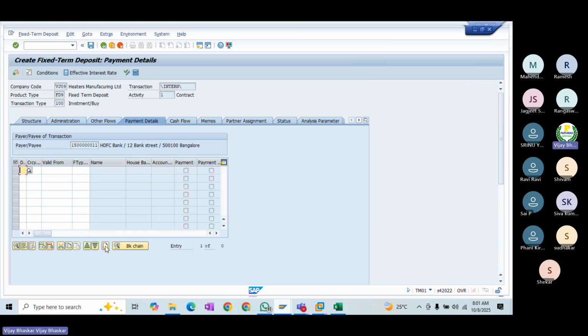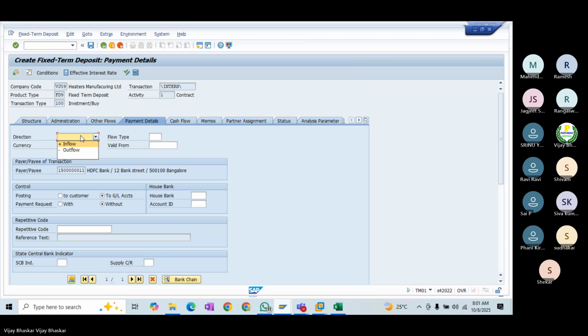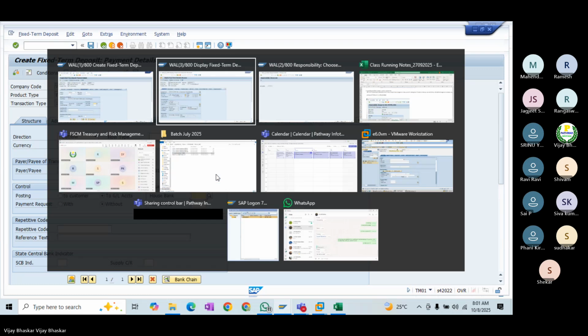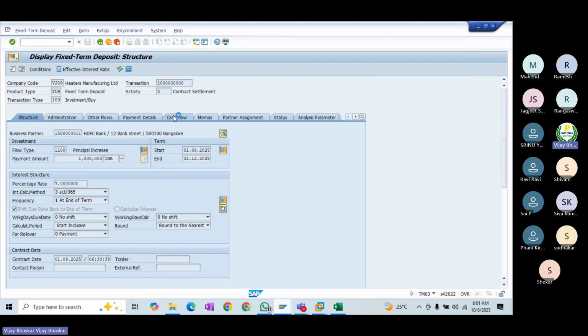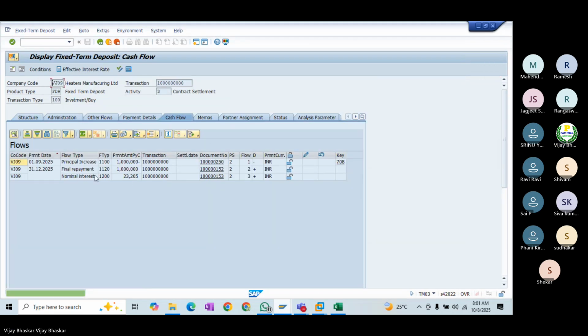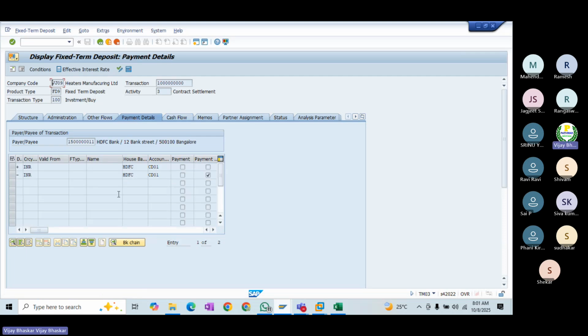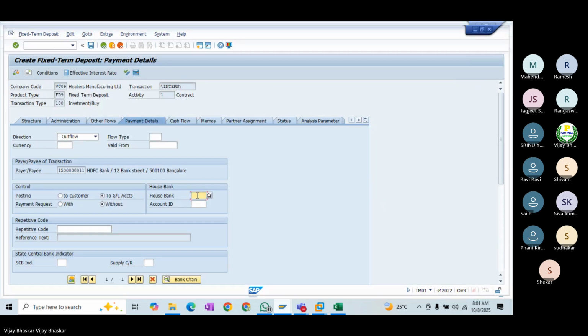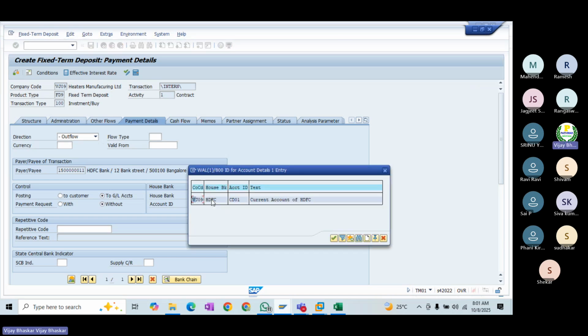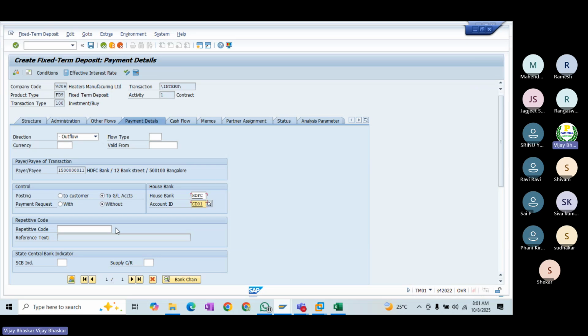Payment details, which you can see here. Outflow, bank information, what we have given here. Select this one.